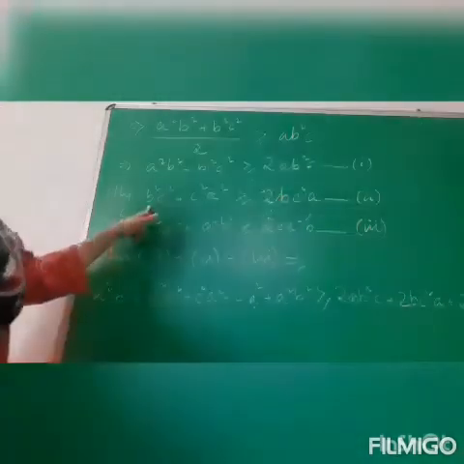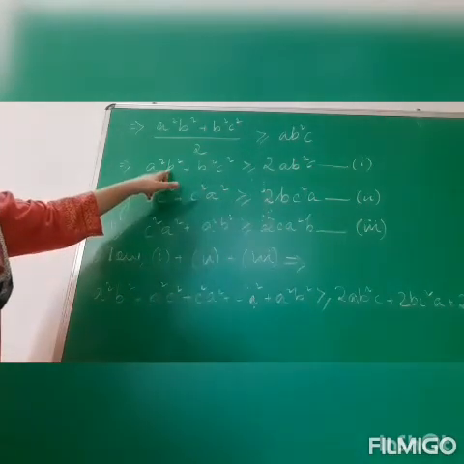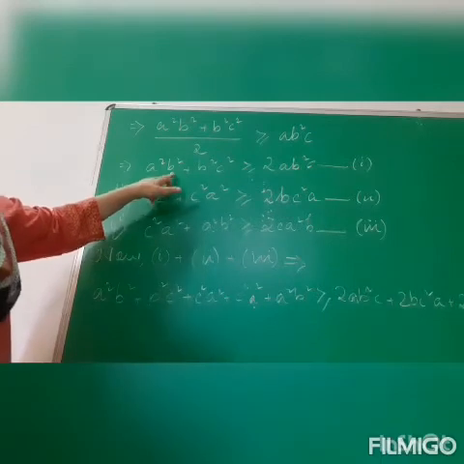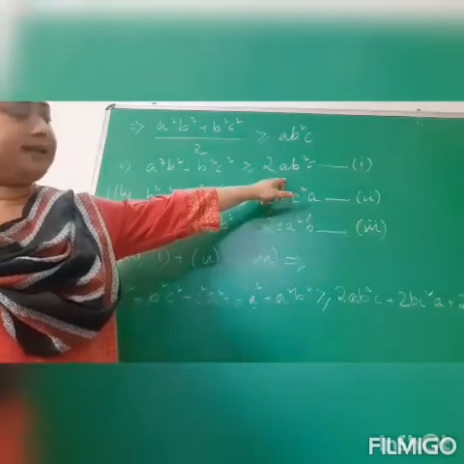So here the first variable is b square, so I'll write here b. The second one, see here, b square. In the first term also there is a b square, in the second term also there is b square. And in this right hand side also I get here b square.